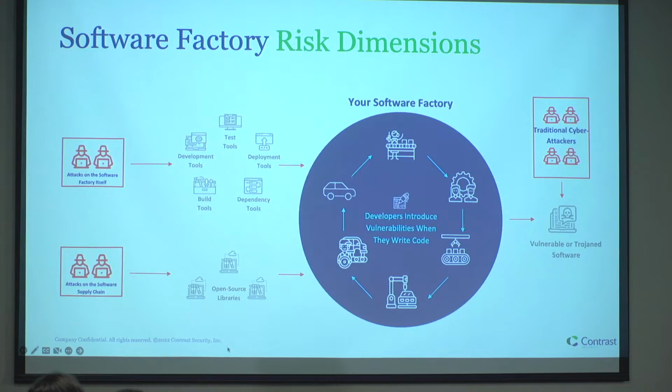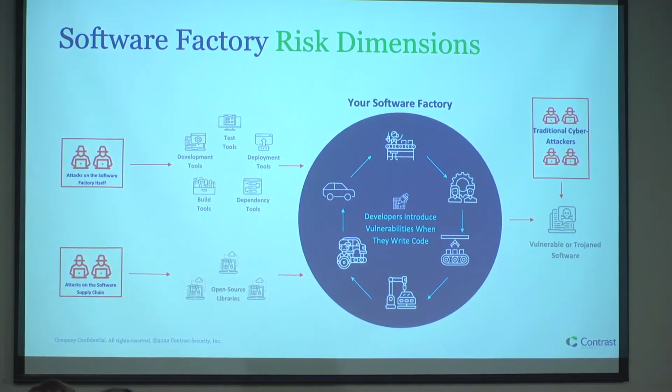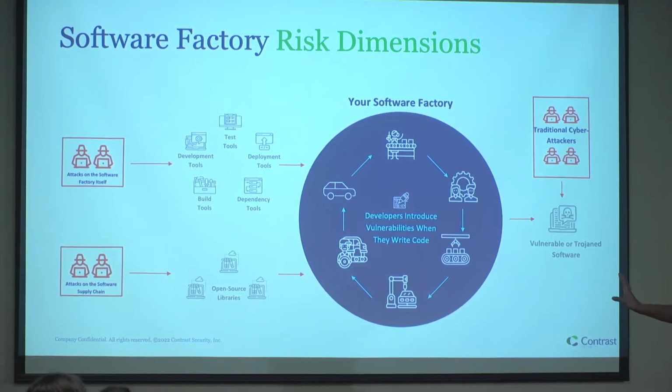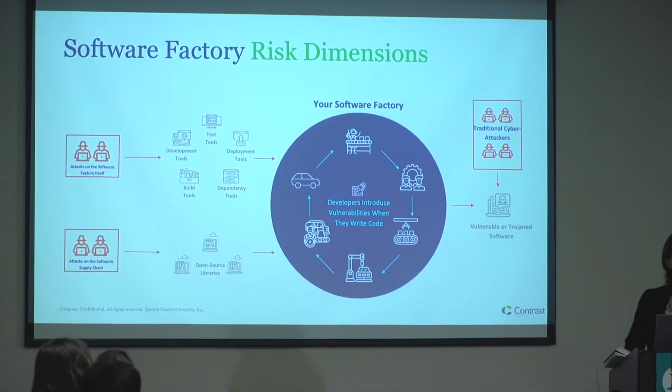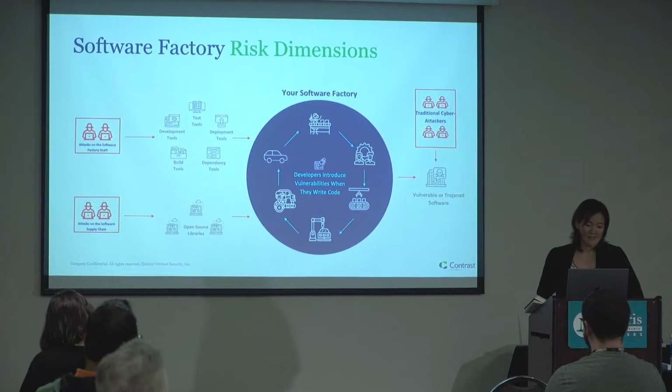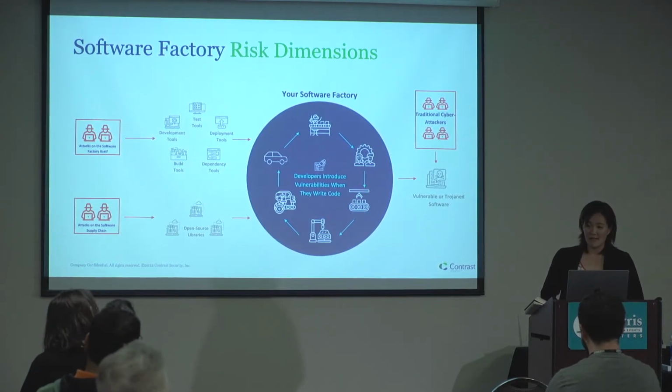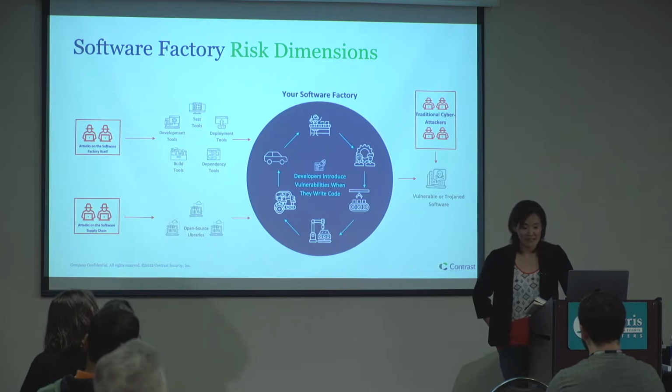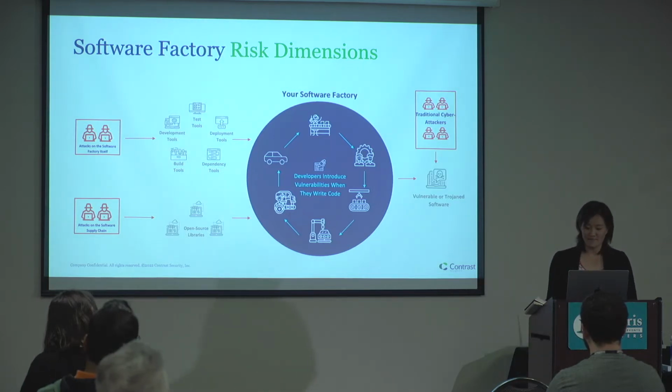Who can tell me a very famous supply chain attack that happened very recently? SolarWinds, thank you. That was the only one I had actually in my example. Perfect. Kaseya was a good one too, ransomware. Yep. So what happened with SolarWinds Orion? What part of the supply chain, the factory, was compromised? Build system, yes. This guy's smart. I learned it yesterday. Orion was servicing hundreds of clients, if not thousands, and it wrecked a lot of us. I don't know if you were affected. Don't want to call that out. But we want to be on top of these things.